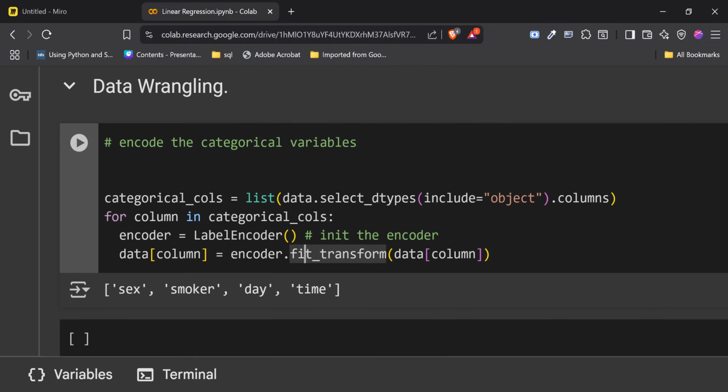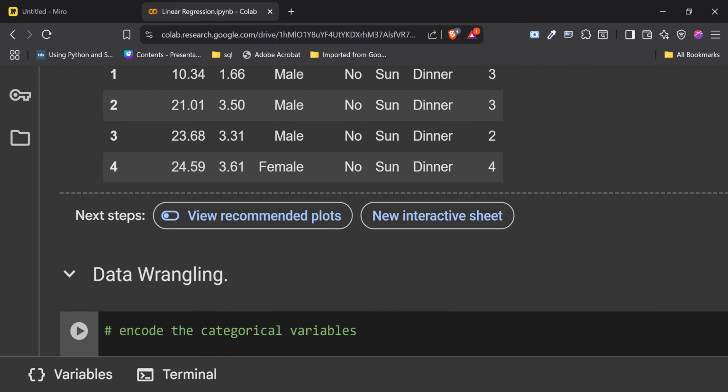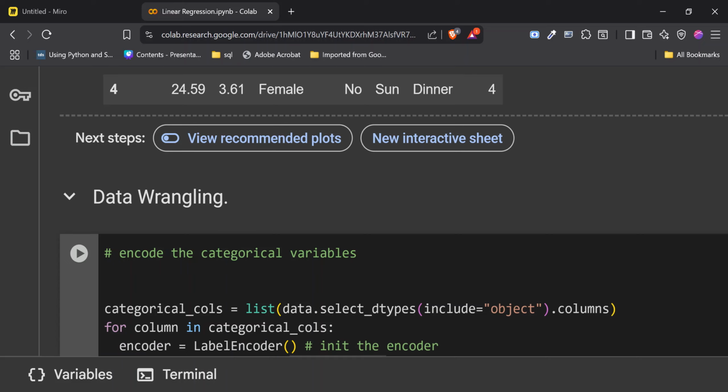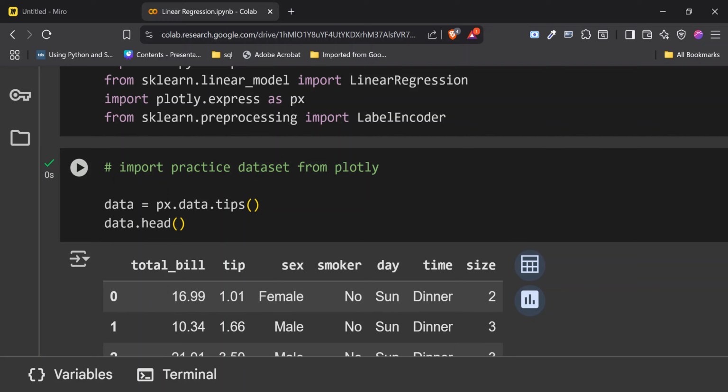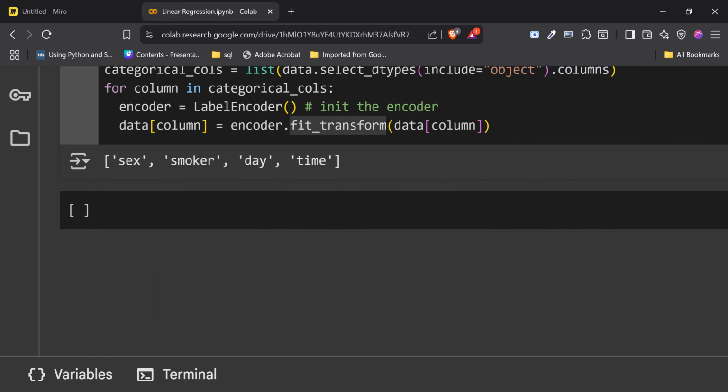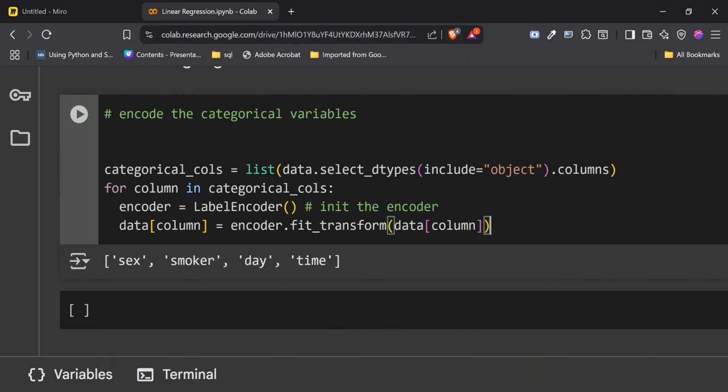Now, one thing that is very important for us to understand is that any pre-processing that we do, when we get to the point where we want to use this thing to make predictions, we must also do that same pre-processing. So it might make sense for you to track all of the encoding that you do, because encoding is a column by column thing. Let me show you this. I'm actually going to practicalize it for you.